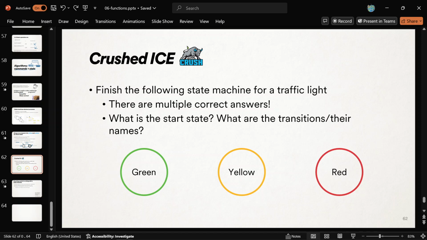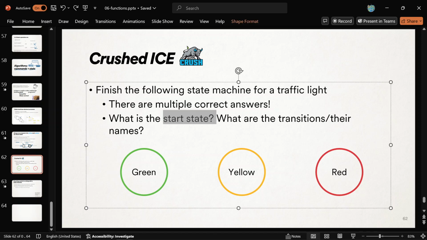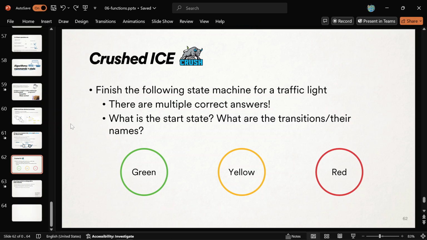Try to figure out what is the starting state. Right? If these are the valid states, what's the starting state? Like when you turn on the traffic light, what should happen? What are the transitions that move you between states? Are there ways to go between everyone, or maybe just a few? So try to break out Paint or something. Open up the Paint app and try to draw this, or just break out a piece of paper with the people sitting next to you. See if you can give some names to the transitions that will move you around a state machine for a traffic